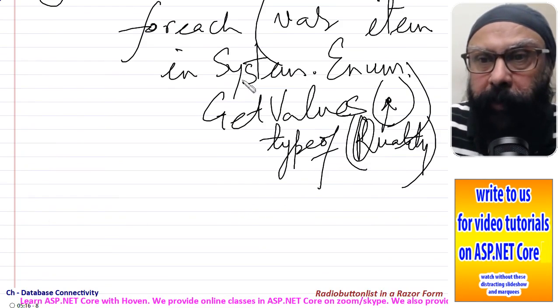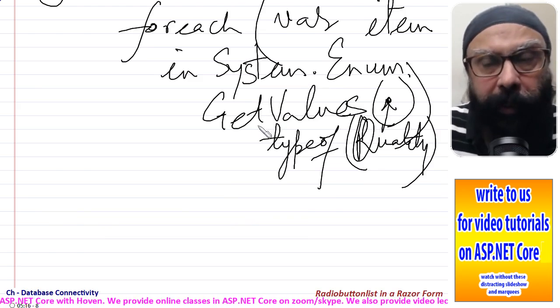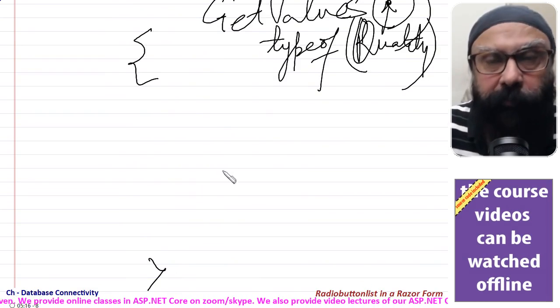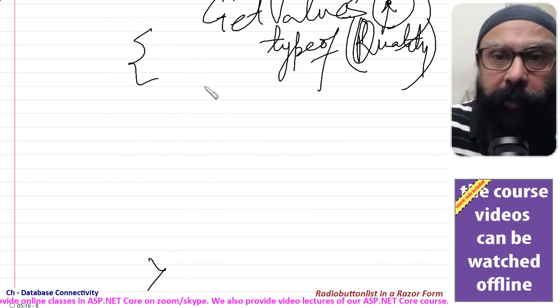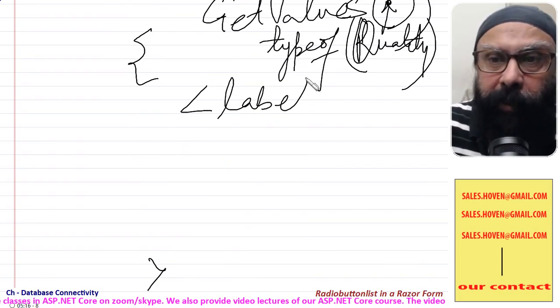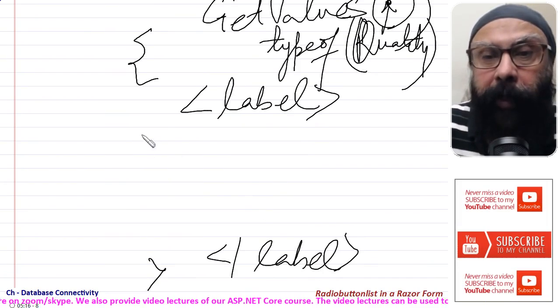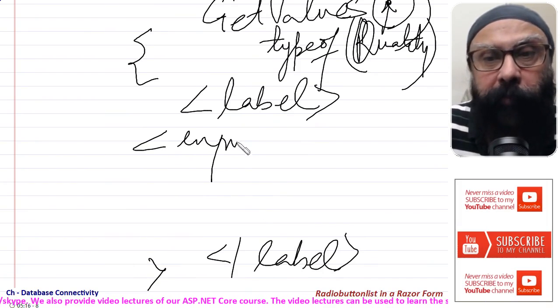So this is the mechanism for enumerating over the items of the enumeration, and here inside this foreach we will have to create a radio button. As usual, let us write a label and close the label here, and here inside the label we will have input